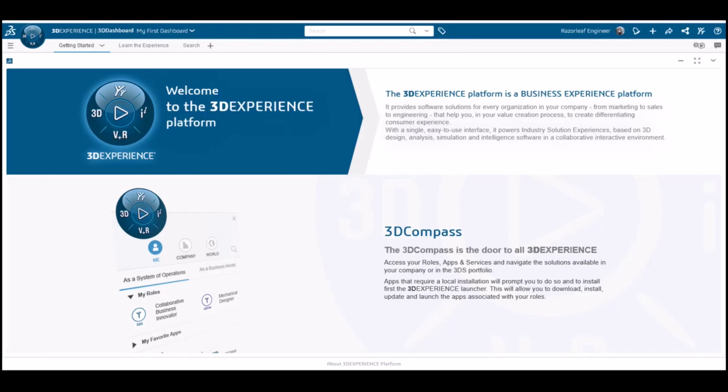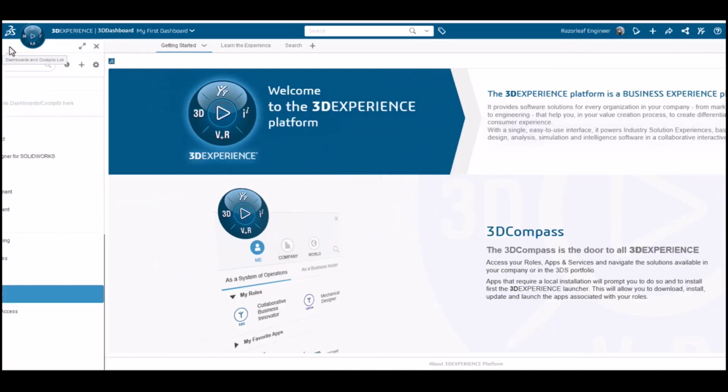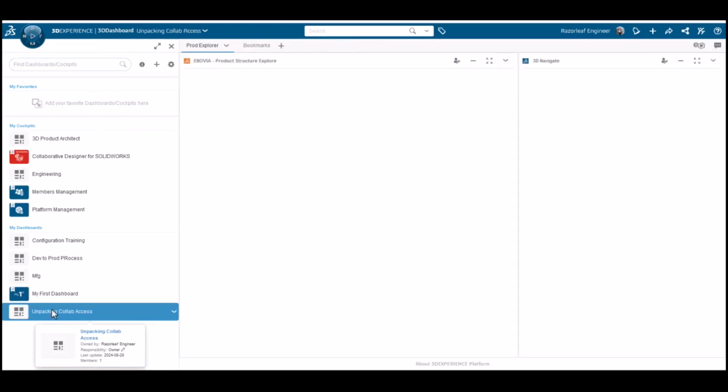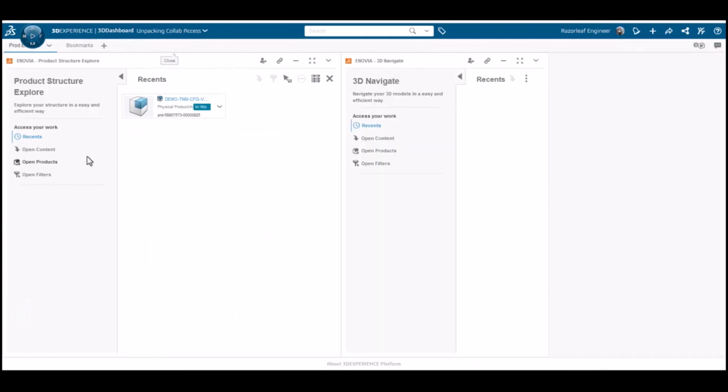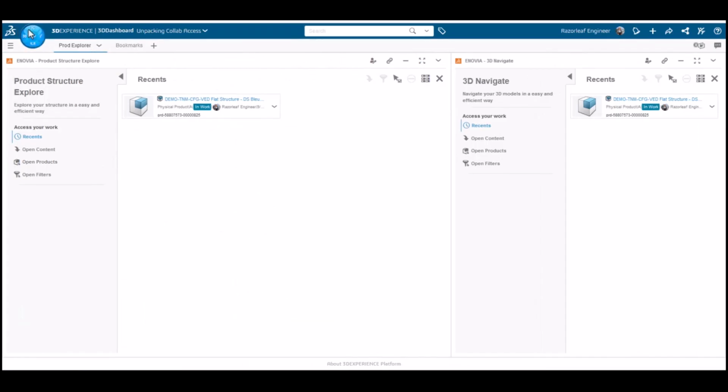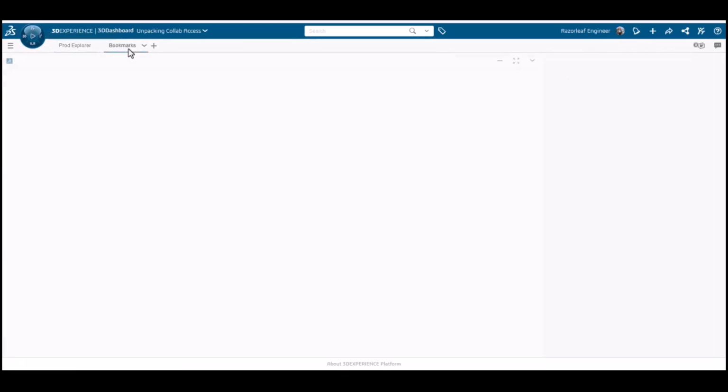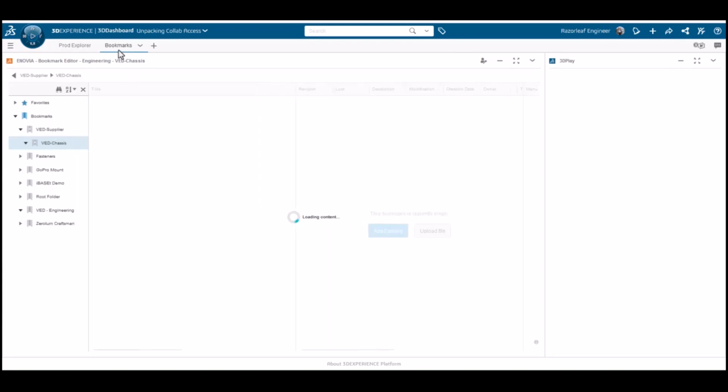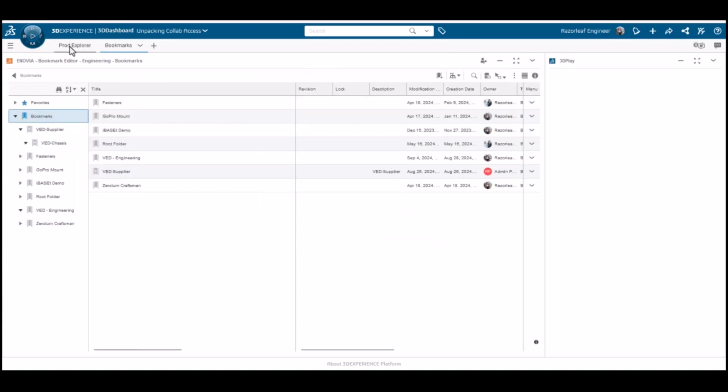Okay, so now how do we share data or information with our supplier or other groups or people that we want to have access to specific models, data, things like that? So how do we do that? So here I am as the Razorleaf engineer. I am on my Getting Started dashboard. So first thing I want to do is switch to the dashboard I created specifically for this. And in here, I have the Product Explorer widget that I've added from my apps. And I also have a Bookmarks tab that I've created, and I added the different bookmarks to it, the bookmark